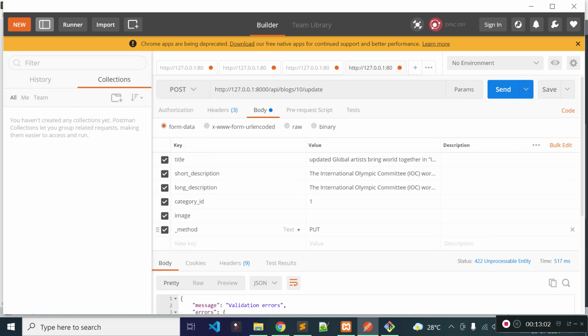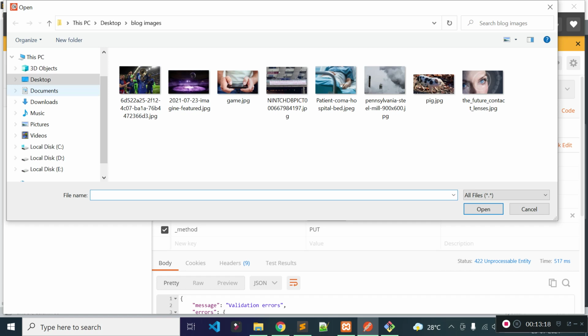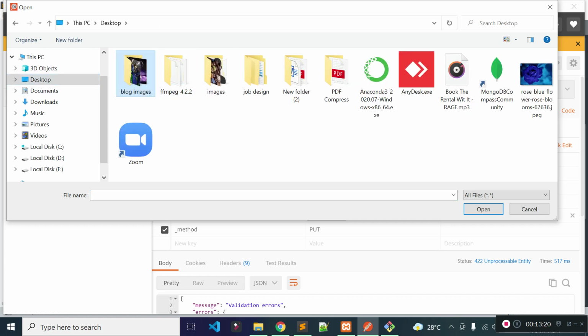Okay, it will override the method because we need to upload an image, and we can upload the image with form data from Postman, right? So let's provide the file here. Suppose we want to update the blog image, then let's provide the blog image. Let's change this image to this image.